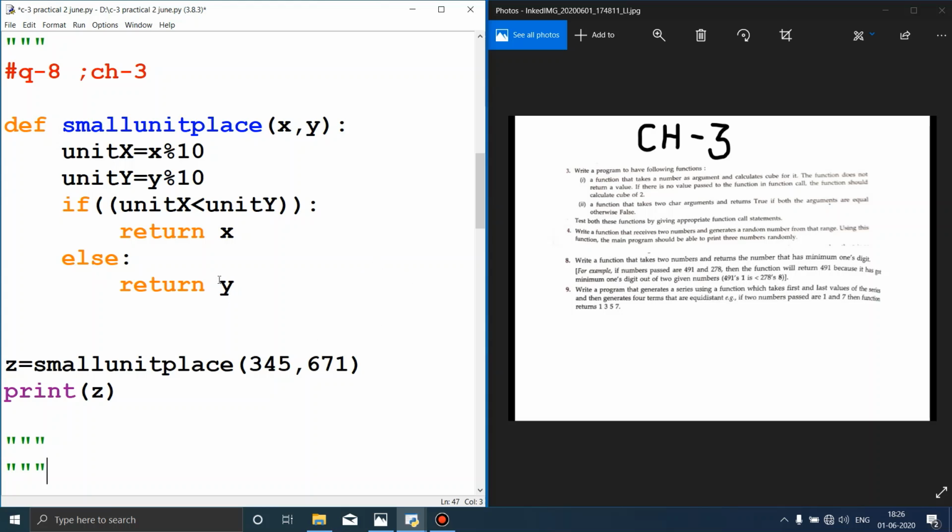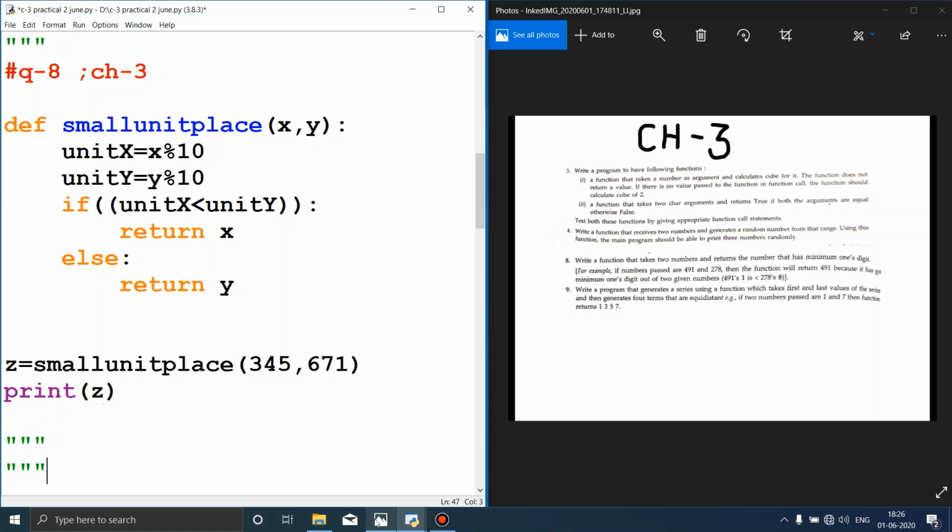Return y. Y will be 671 or x will be 345. Is the unit place of x less than that of y? No, so it will return 671, which is returned here and stored in z, and print z will print the output.